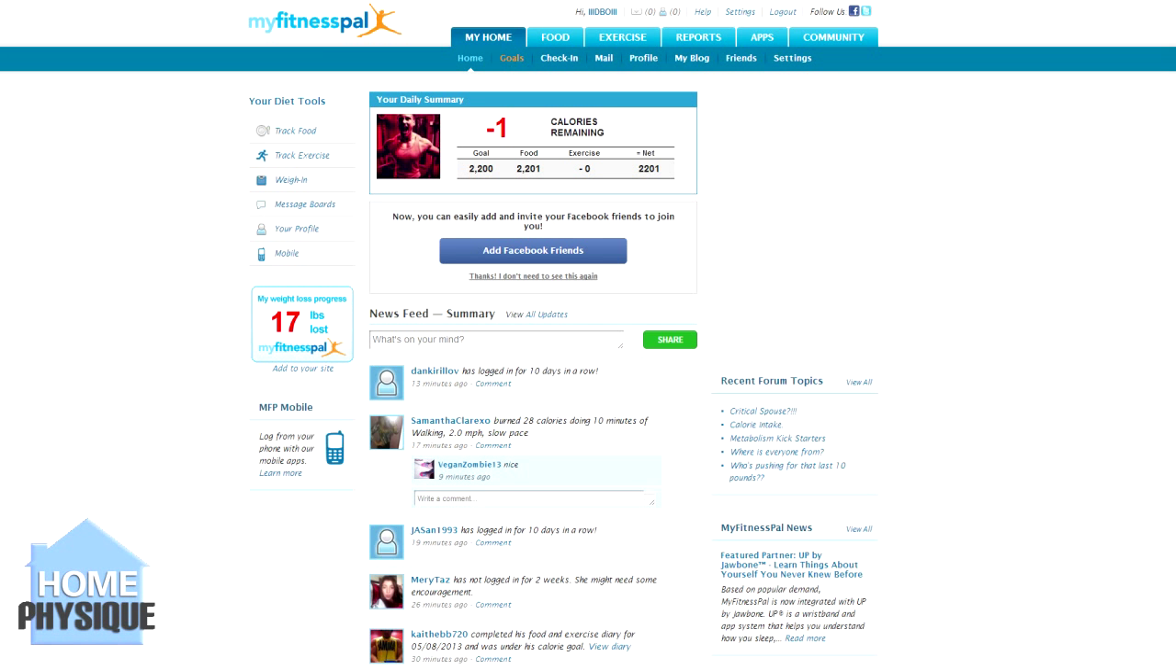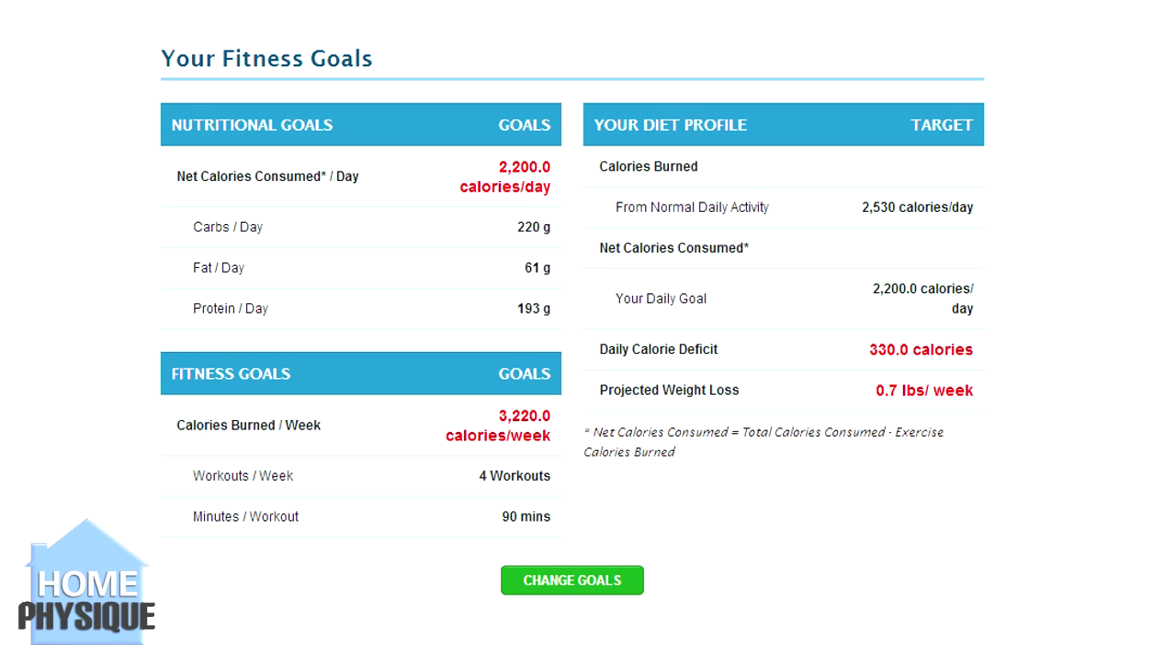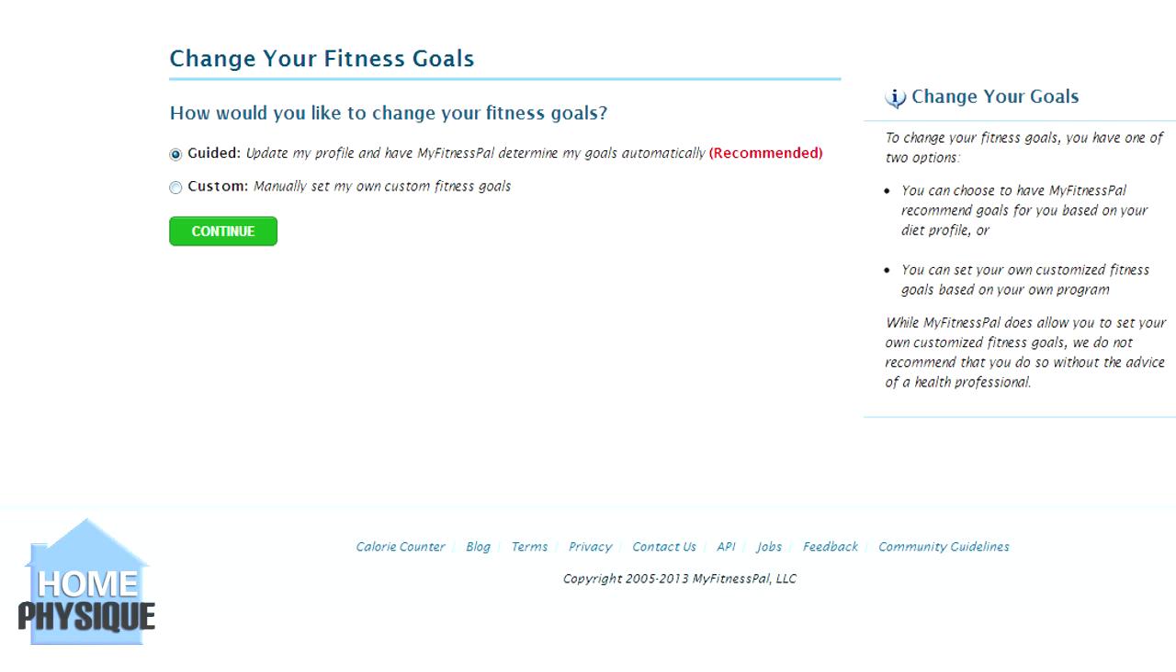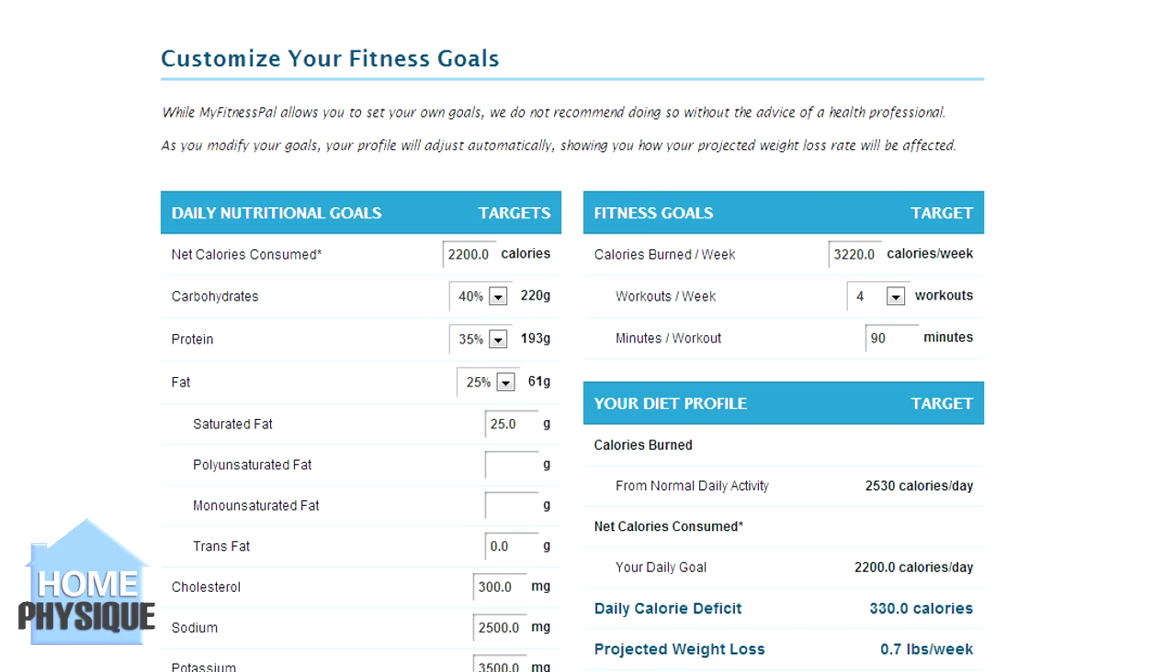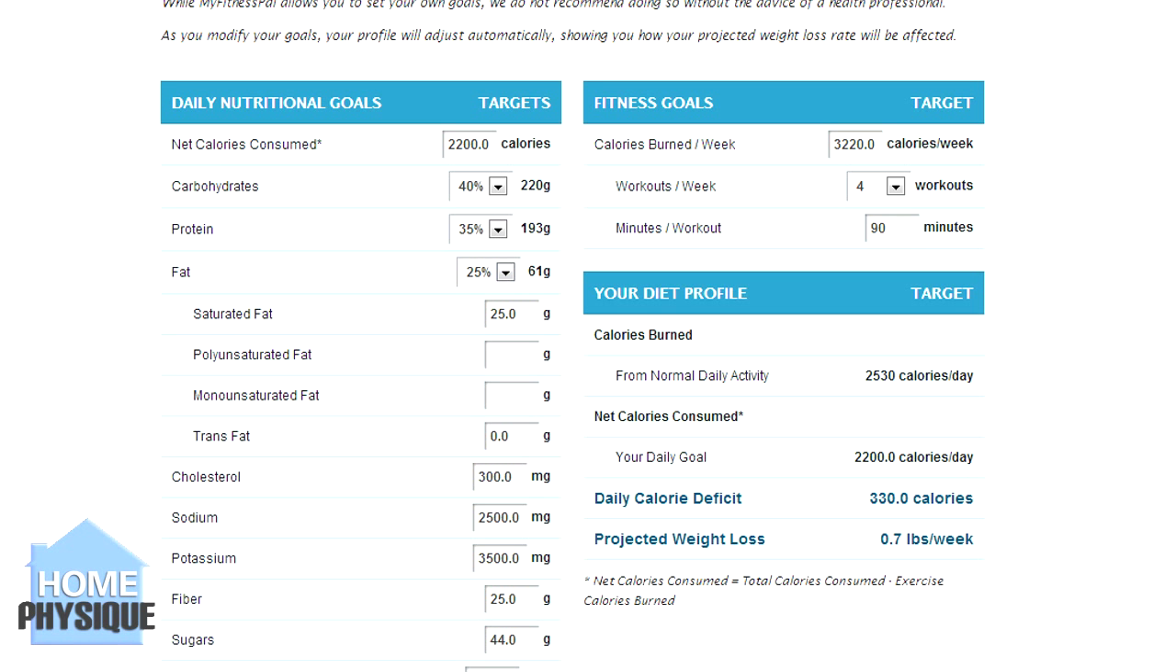First thing I want to show you is the goals tab. Now what you have here is basically your macros for the day. So you've got your carbs, your fats and your protein. Now based off what you have calculated through my macro calculator guide, that is what you're going to put in there. So if you was to change that by clicking on here, you want to go to custom,